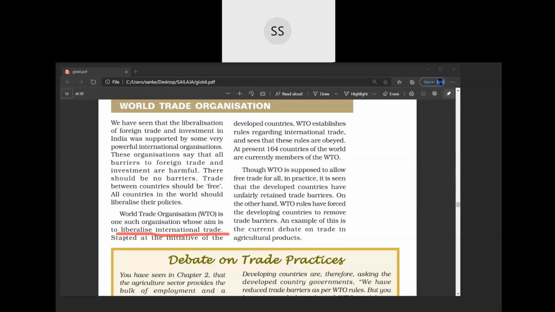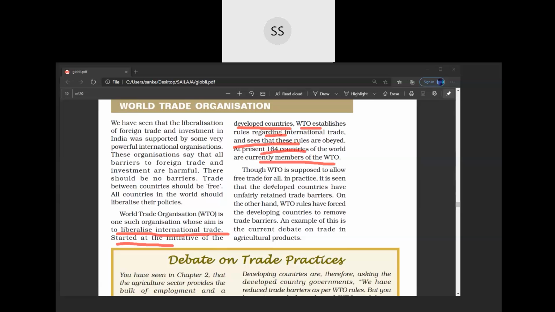Do you know? WTO is started at the initiative of the developed countries. The funds for the working of WTO are given by developed countries like China, Britain, France, Russia, US. These are the countries which are giving a lot of financial aid or funds to WTO. And that is why WTO establishes international rules, and it sees that these rules are obeyed by 164 countries which are the member countries of this WTO. But